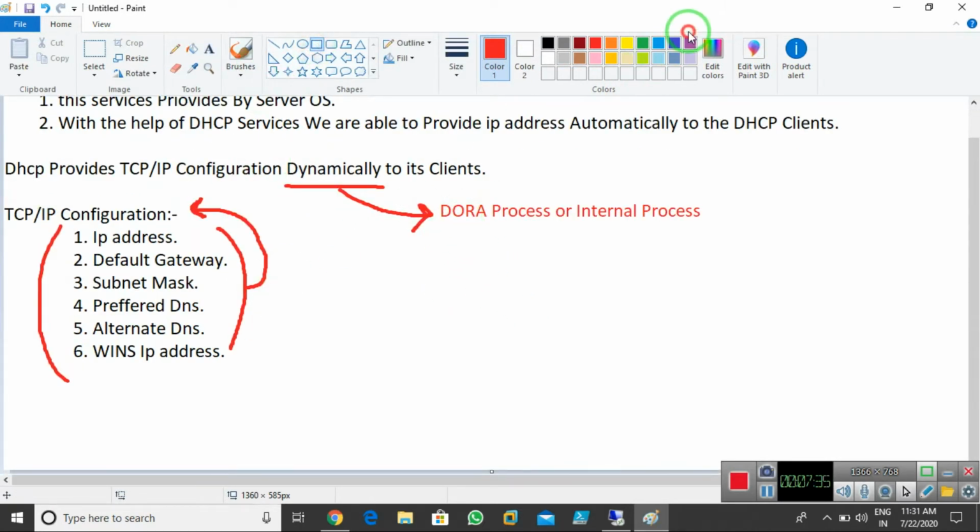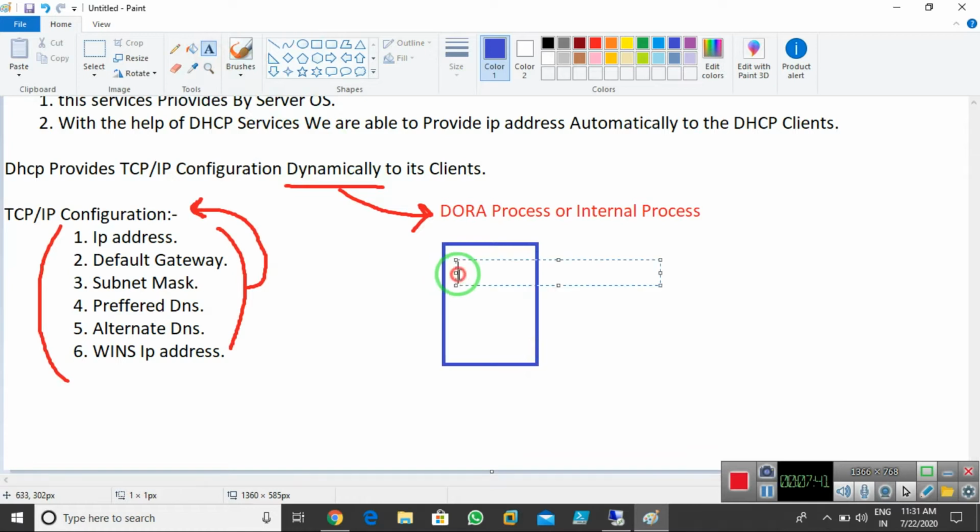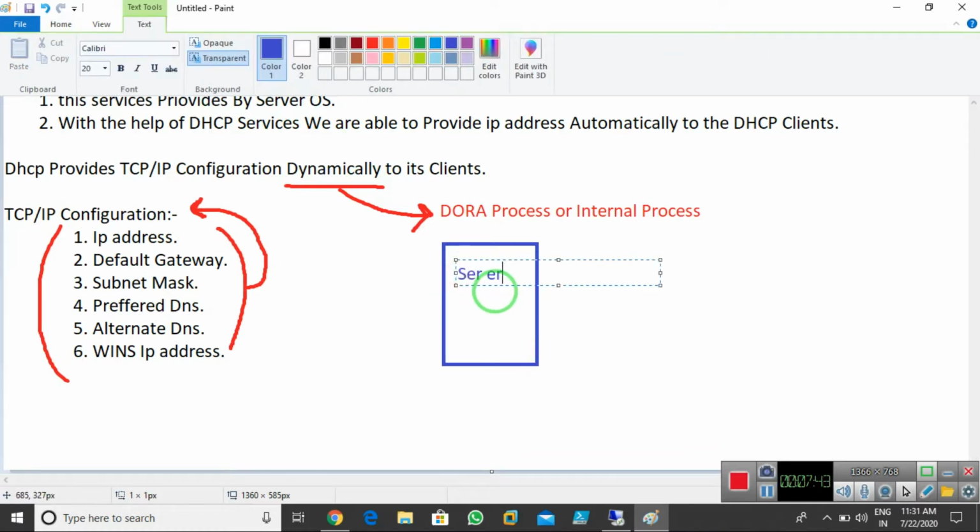Imagine I have a server. This is my server 1, and I can install and configure DHCP services on it. So this is my DHCP server.